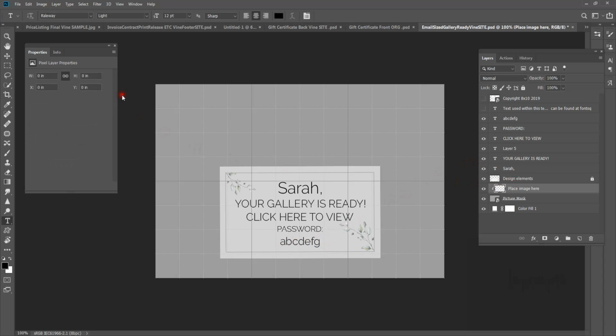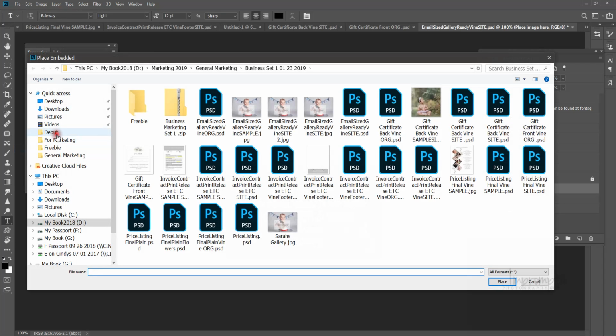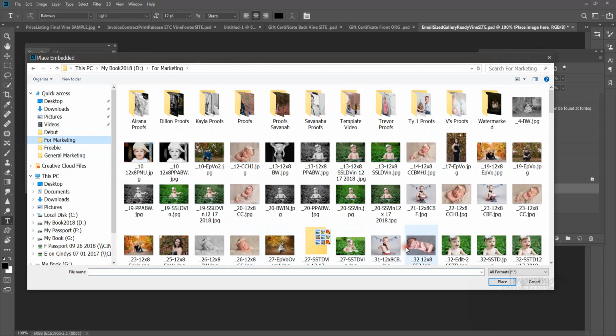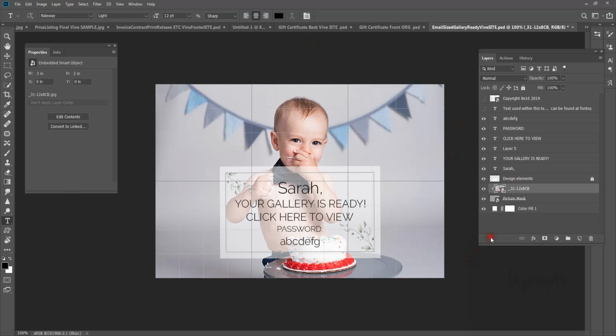So we're going to go to place image. We're going to go place embedded, and we're going to choose an image. We're going to set it in place either clicking on the layer or the check mark. I'm going to click on the layer. We're going to merge this,